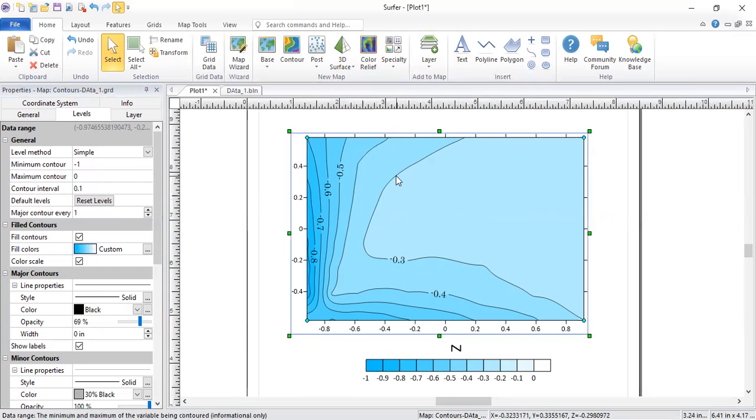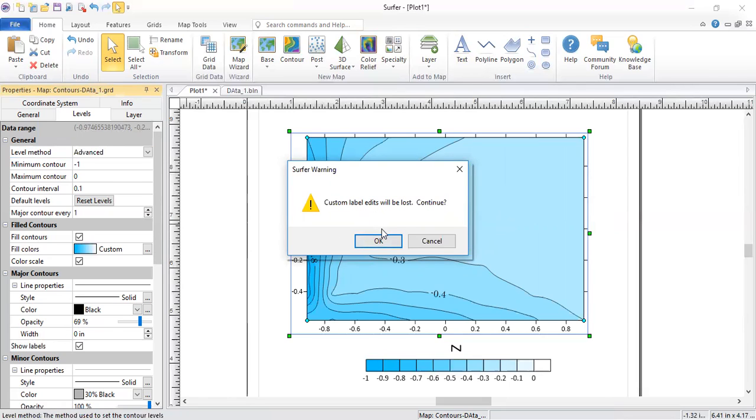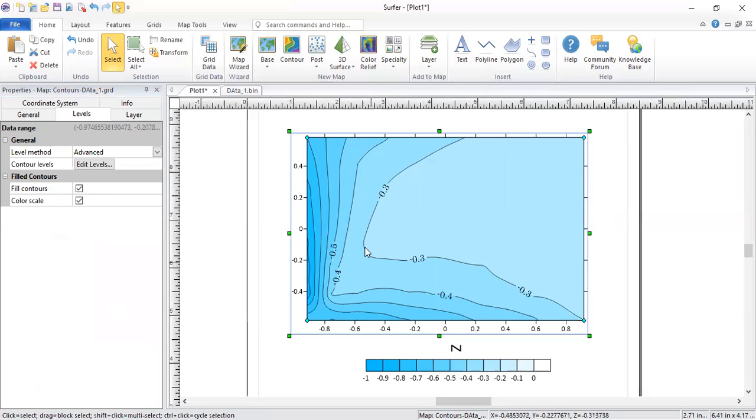Another thing is, let's say you need to define a distinct line arrangement, let's say the negative ones using dotted lines and positive ones and zero using solid lines. In such a case, before moving into the contour labeling, you need to change these labels. It's simple. You can go to advanced. It asks that the custom edit labels will be lost. I think this is not an issue in the newest version, so you can click OK. So you can see all the things, then reset to default,